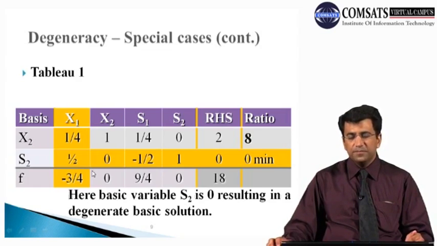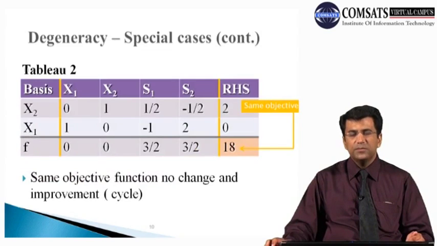So after identifying all of these important values, what we will do, we will have to formulate another table. So again class, we'll have to use the similar formulas, that is the formula for computing the new pivot row and the formula for computing other rows. Again you must have remembered all of these formulas. I am putting that value directly in this particular table. So this is our new table.